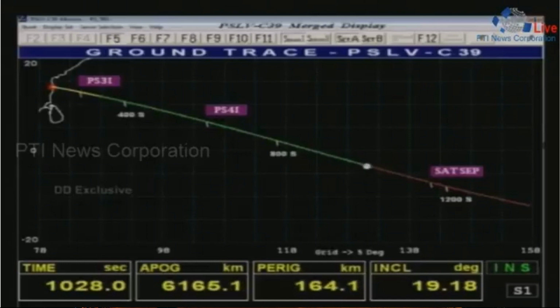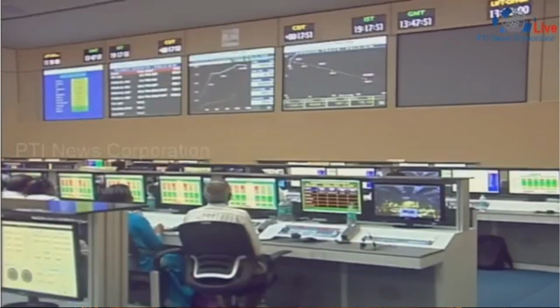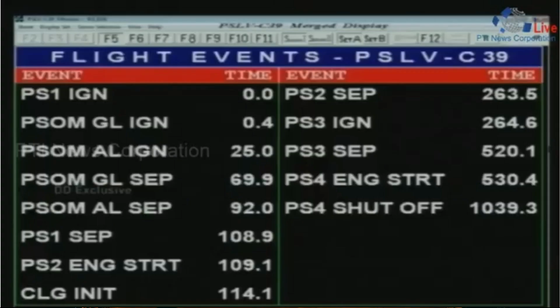1,025 seconds. The velocity is around 8.3 kilometers per second. Yak 1 and 2 tracking the vehicle in Minato. So second stage, just awaiting the confirmation from the range operation director. So PS4 shutoff command has been issued at 1039 seconds, and as per the display screen on the flight events,